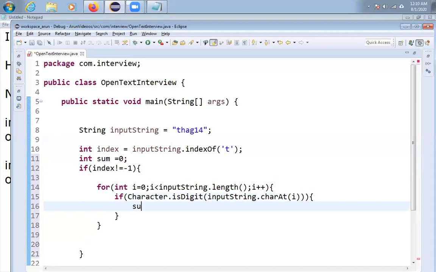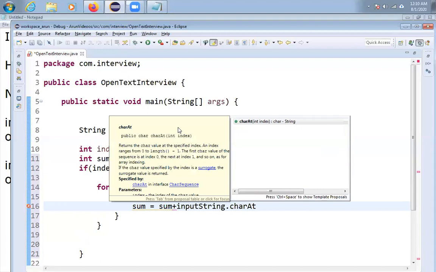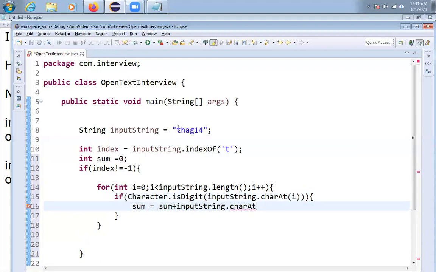So what I am doing here is sum equal to sum plus input string dot charAt of i. Friends, you can take it like this. But what will happen? This is a character, right? If you add it to this sum, then the ASCII value will be added.